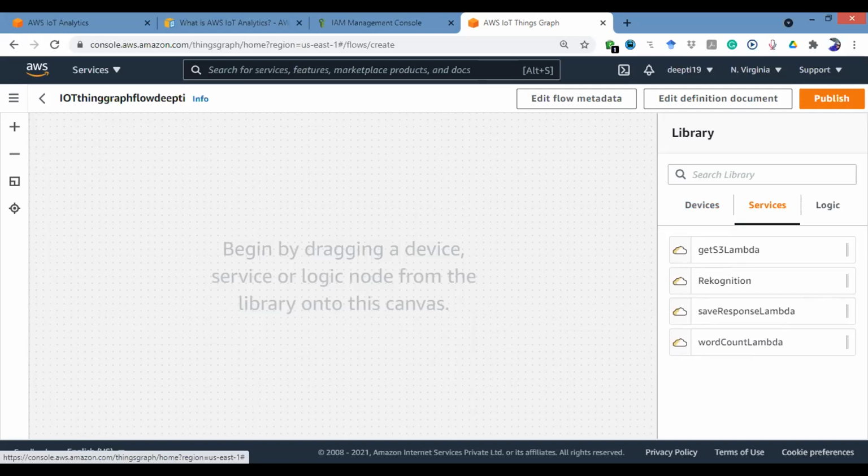Then click on logic. So these are the logic. You can make a choice or a clock-based thing, right? As we have seen in the document, he was making a choice if the time is day or night. So you can use this choice like an if condition. Now click on devices.